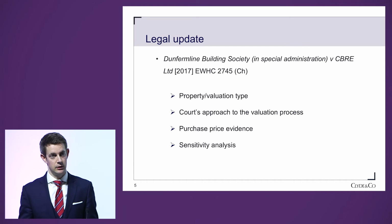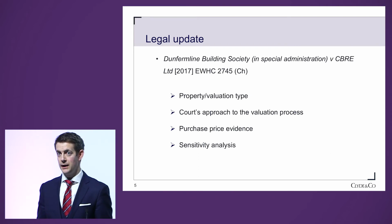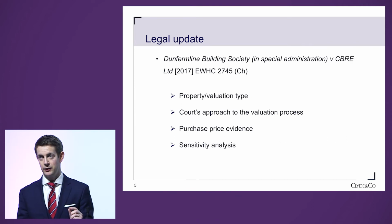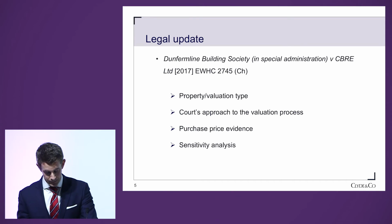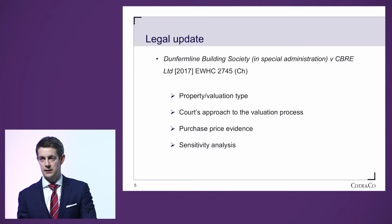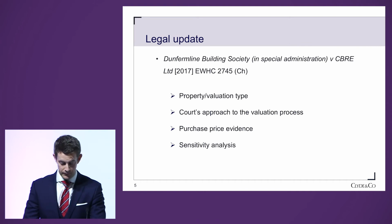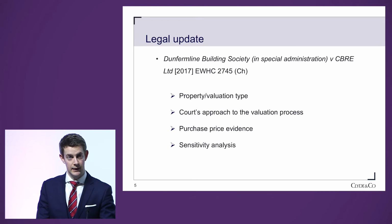That caused him to have a fresh look at his figure and actually to move his valuation upwards in the course of his cross-examination. So while we were there in court, the figure ended up being a hair's breadth away from where we needed it to be in order for us to face no liability at all. The main practical point to come out of this is that it seemed to us that our opponent's expert hadn't really used his sensitivity analysis as part of the valuation process in the way that I thought he should have done. He did ultimately concede that he should have used it as part of his stand-back test and in reflecting on his figure, and that was what caused him to move his valuation up when he was shown the correct